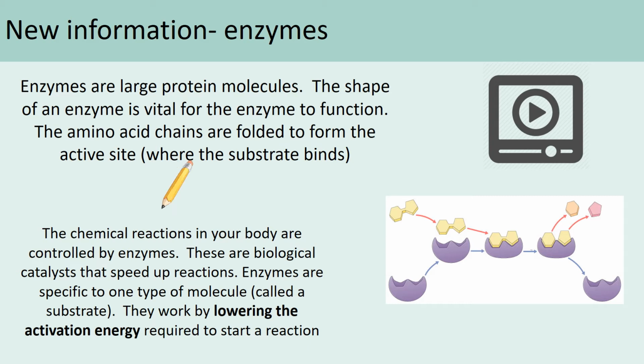You can see there is a picture under the video icon. There is a picture of an enzyme. The enzyme is the purple bit. The yellow bit is the substrate, and the bits on the right hand side are the products. So you have an enzyme that will join together with a substrate, and then a chemical reaction takes place and you form the products. Okay, now the specific shape of the enzyme where the substrate fits into it is called